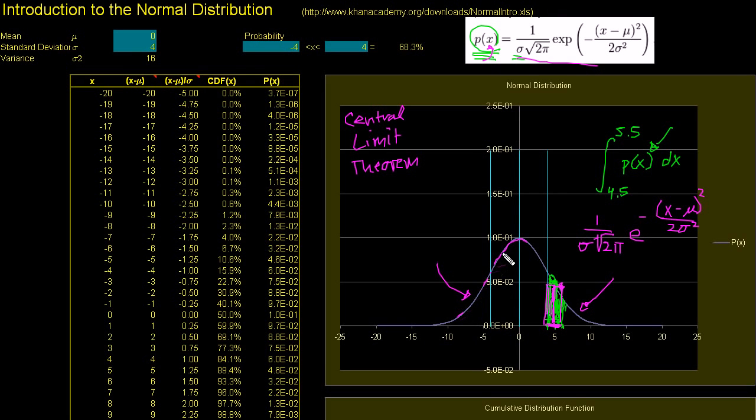Let's say that this is the distribution of people's heights above 5'9". Let's say that this was 5'9" and not 0. What this tells you is, if you wanted to figure out what is the probability of finding someone who is roughly 5 inches taller than the average right here, what you would do is put in this number here, this 5,